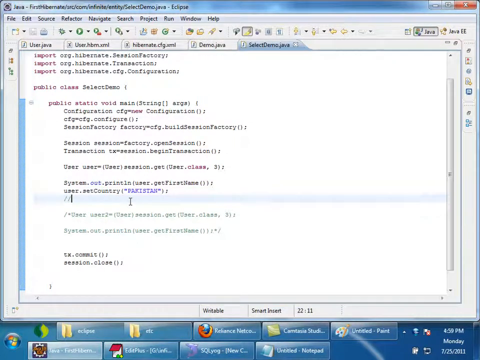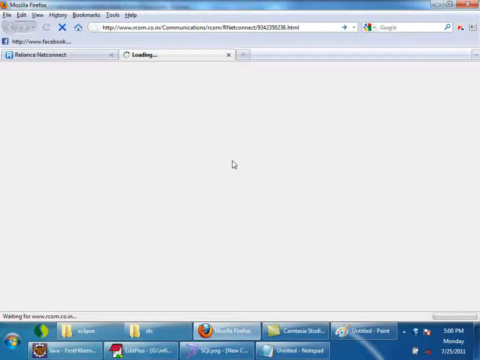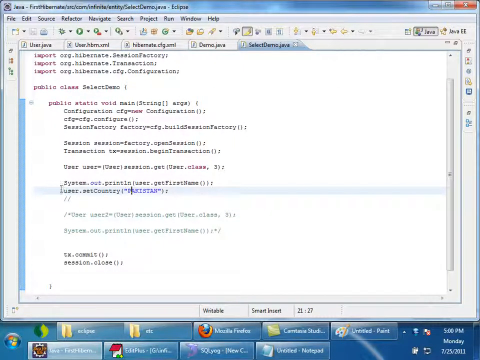Now, what is happening here? Once this line is executed, the user object is in persistent state, right? If an entity is in persistent state and it is modified, then Hibernate will treat that entity as a dirty entity.